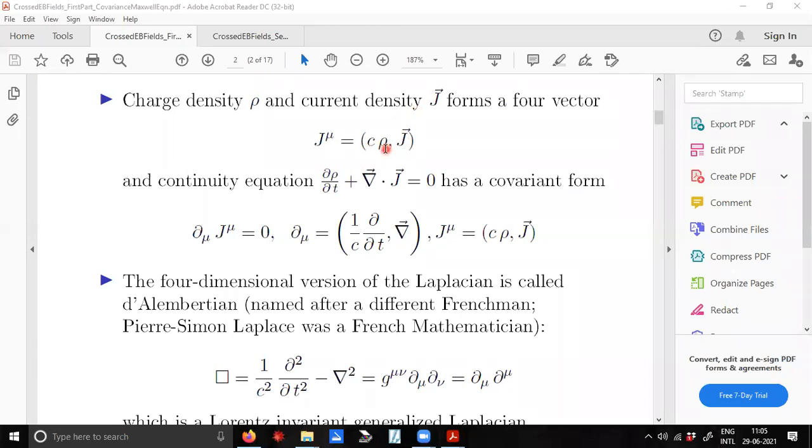Remember, the space-time 4 vector x mu has 0th component c into t to match the length dimension, and 1, 2, 3 components are the vector r. Similarly, here I constitute a vector like this, and notice that the electrodynamical equation of continuity can be expressed